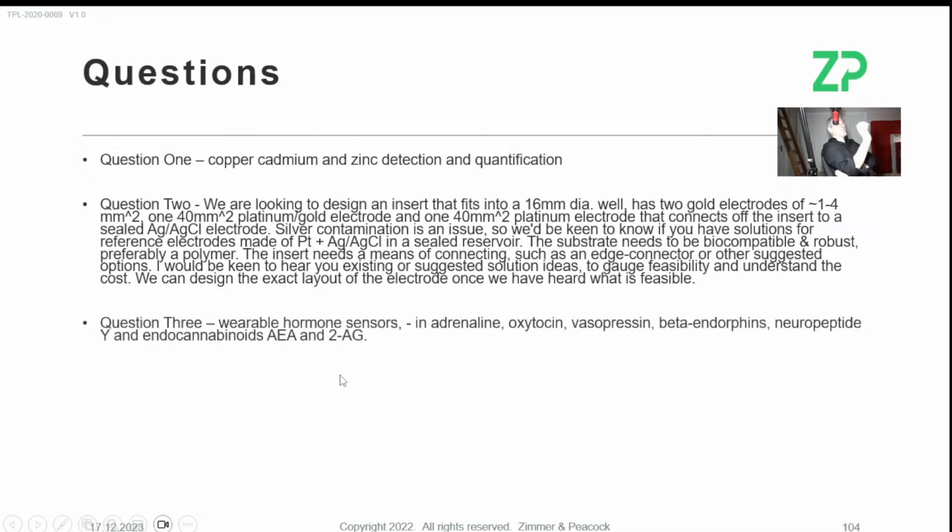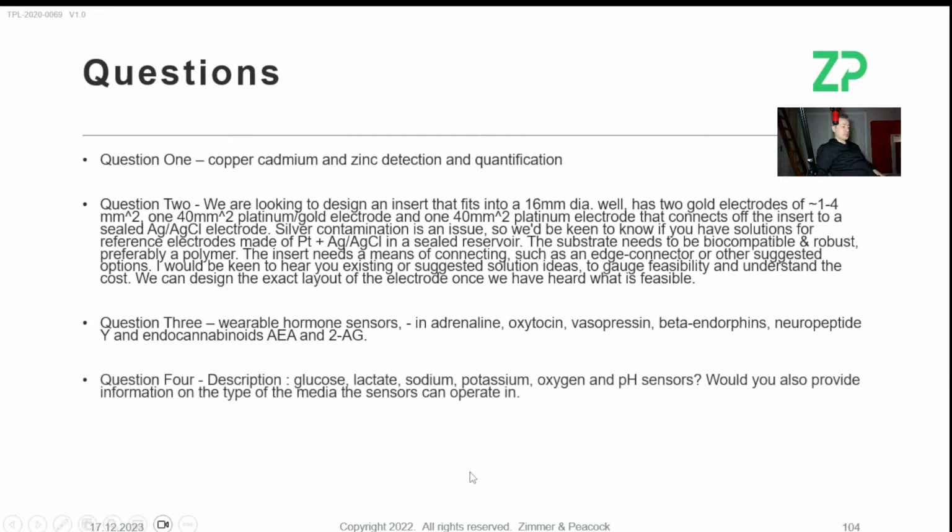Question number 3, making a wearable sensor for cortisol. We are doing it. It is implanted, it is in fish, but that has taken us several million euros to do. We're not ready to do it in humans unless there is some funding in place. If you came back to us and started talking about measuring testosterone in saliva, we could have a slightly different conversation about that, because it is always easier to do point of care testing or discrete testing rather than continuous testing.